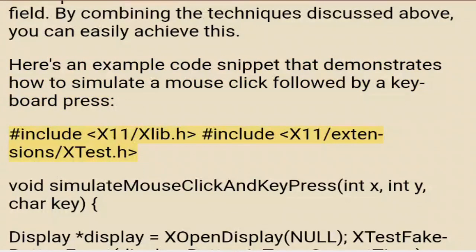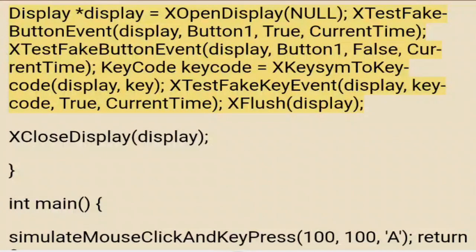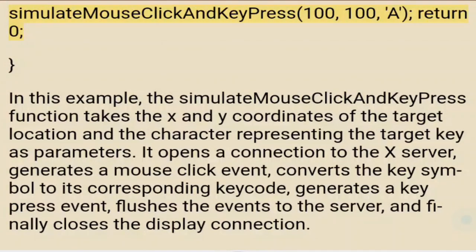#include <X11/Xlib.h> #include <X11/extensions/XTest.h> void simulate_mouse_click_and_key_press(int x, int y, char key) { Display *display = XOpenDisplay(NULL); XTestFakeButtonEvent(display, 1, true, CurrentTime); XTestFakeButtonEvent(display, 1, false, CurrentTime); KeyCode keycode = XKeysymToKeycode(display, key); XTestFakeKeyEvent(display, keycode, true, CurrentTime); XFlush(display); XCloseDisplay(display); } int main() { simulate_mouse_click_and_key_press(100, 100, 'A'); return 0; }